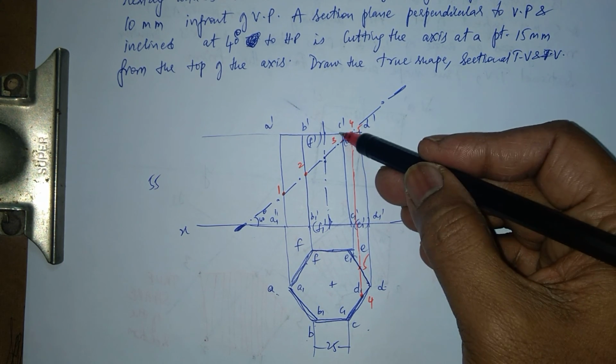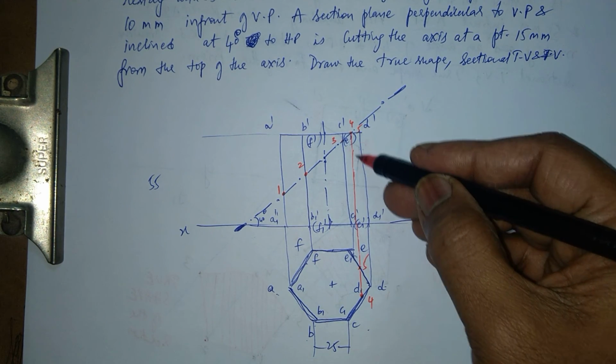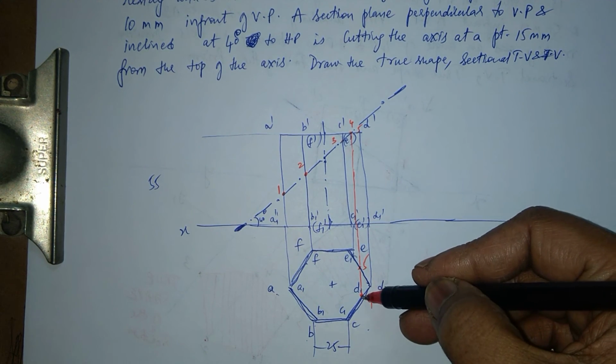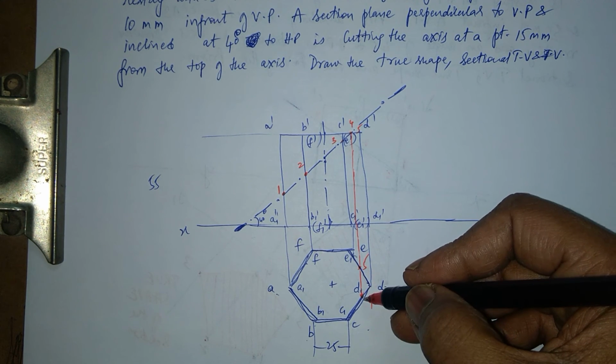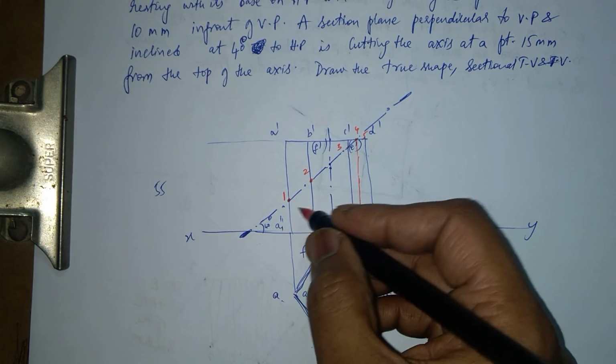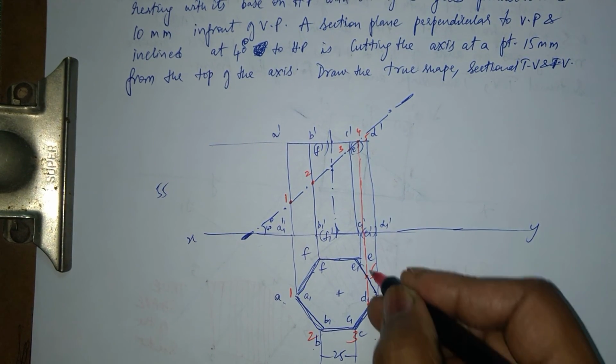Since it is cutting the base, you have C and D and D and E also. How do I know? I'll just drop this projection line down here. I have 4.4, 0.5 here. So I understand that there is 1, 2, 3. 1, 2, 3, obviously 1 is corresponding to here. This is 4, this is 5.